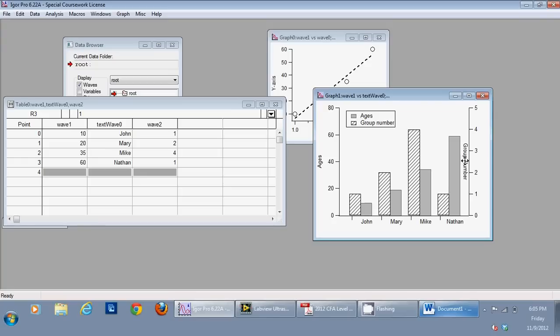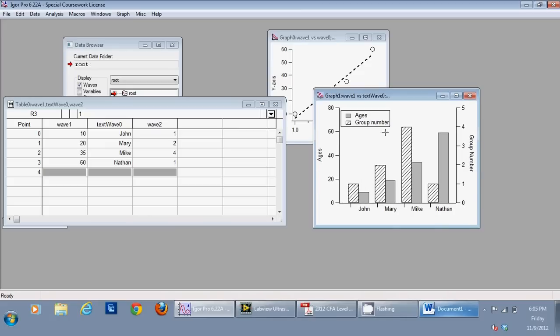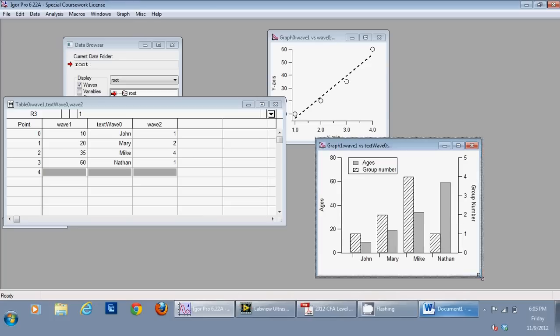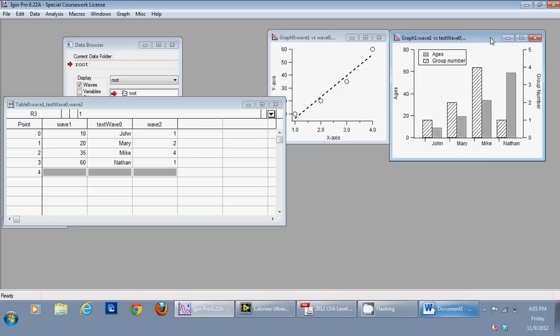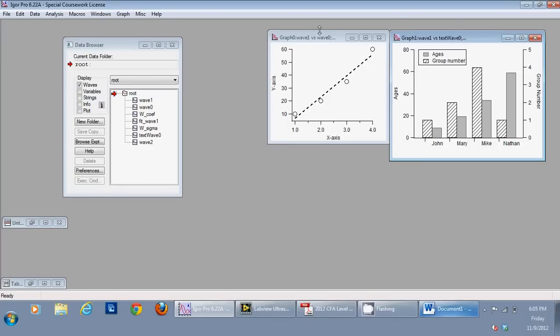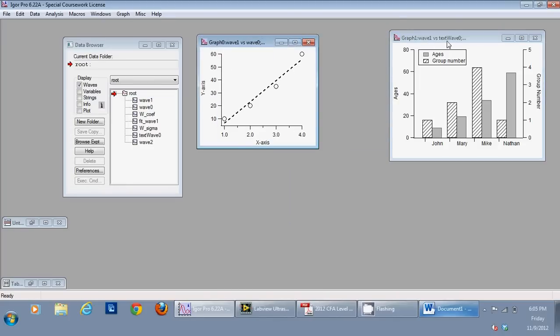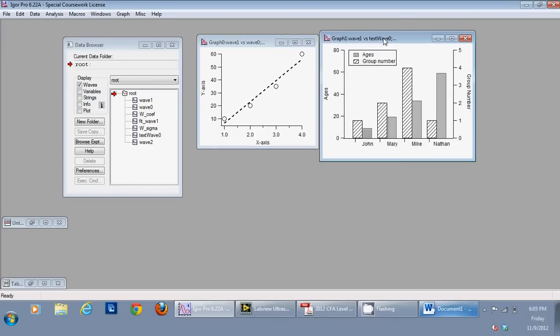So I know maybe I was a little fast, but you can always pause the video and see the steps. And it could be easy for some people who have experience, but if you're using it for the first time, this could be a little tricky. And so I think this tutorial will help you at least in plotting some graphs in Igor and saving the data, how to import or export the waves, or how to enter the data into the Igor system.